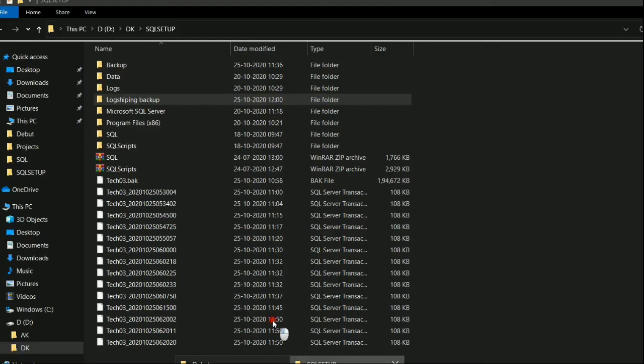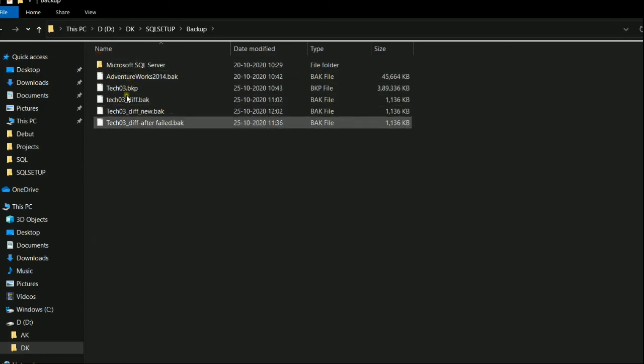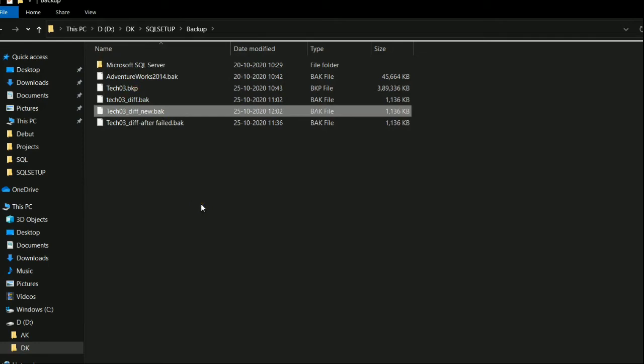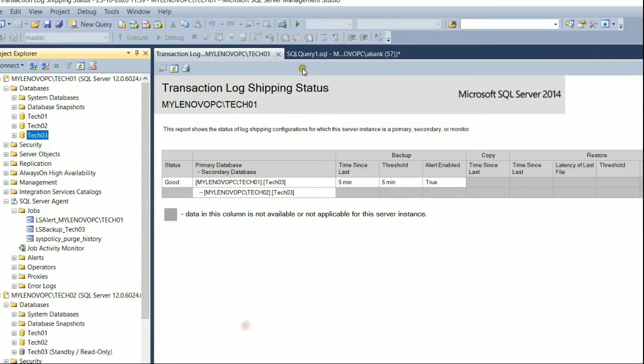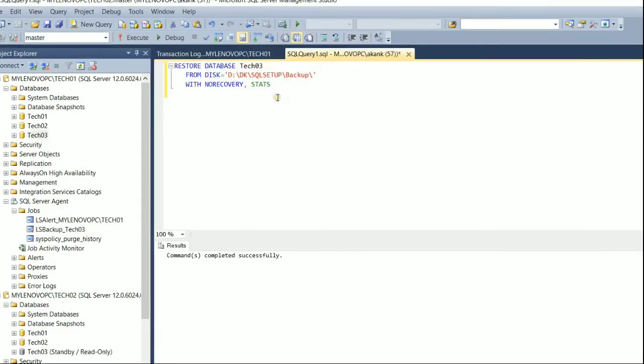Now we'll take that particular backup file name, copy it, and restore it with the NORECOVERY option on the secondary instance, tech02. So we'll execute the restore with the differential backup.